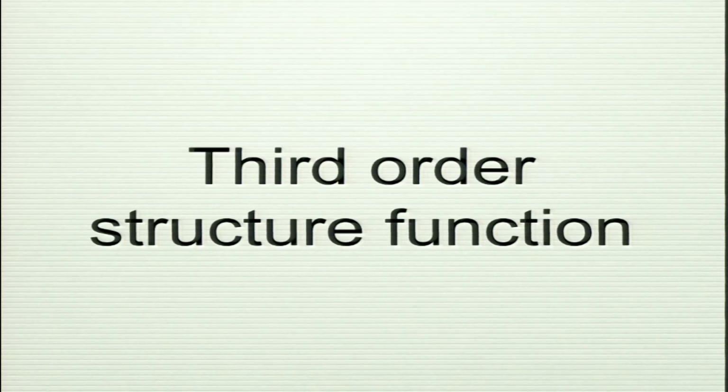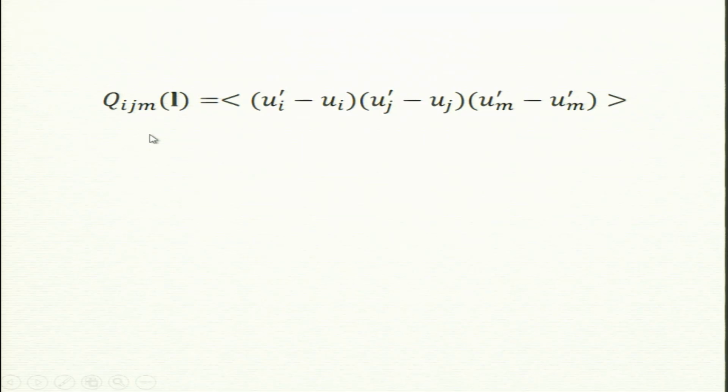Okay, so this is our third rank correlation. Now I define the third order structure function. What is it? It is a difference in the velocities. Please remember I have these 2 positions, r and r plus l. So I have a difference in velocities. This is along the i component, along the j component, along the m component. I made one mistake, there is no prime here. Okay, fine. So it is the difference of the velocity, but I am taking the components along i. So i equal to 1 means the x component, i equal to 2 is the y component.